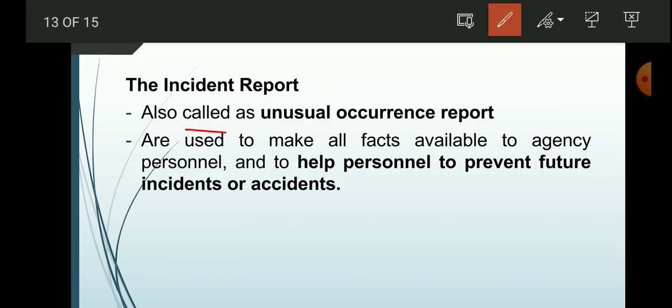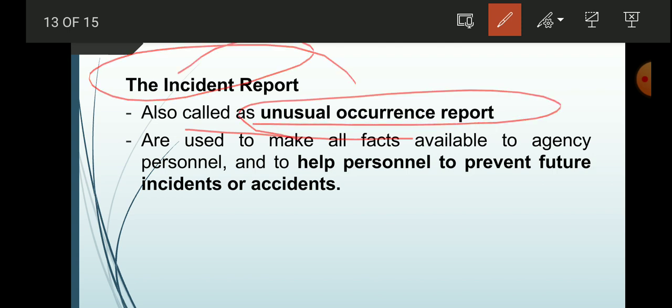Incident report. It is also called unusual occurrence report. It is used to make all facts available to agency personnel and help personnel prevent future incidents or accidents. For example, you're working in a hospital and your nursing attendants or you as a nurse accidentally forget the hot water bags placed maybe in the abdomen